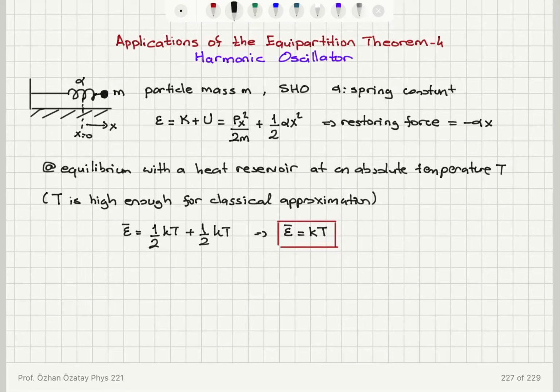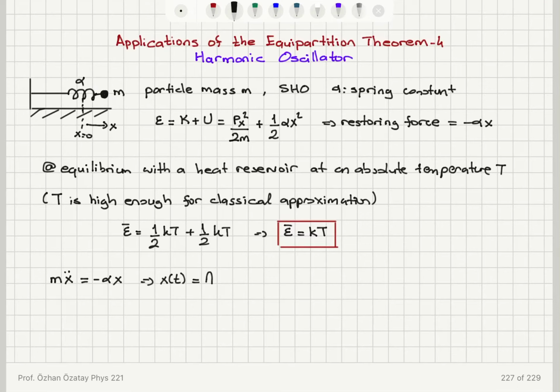Okay, so the simple harmonic motion is basically the motion of this particle that is attached to a spring, and I'm assuming this is one-dimensional simple harmonic motion. And if you want to review from classical mechanics, mass times acceleration, the net force acting on this particle, m x double dot, is equal to minus alpha x, which has solutions that are oscillatory, and basically we find that x of t is equal to